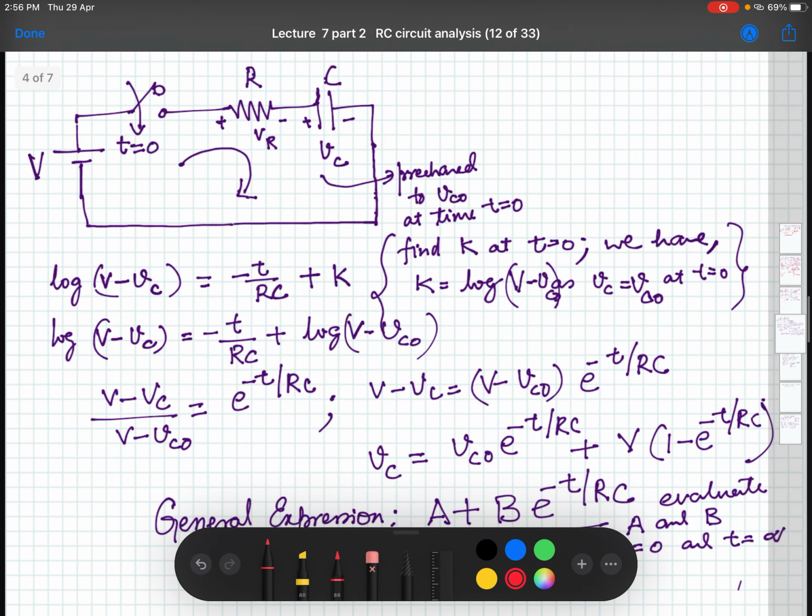Now, if you have a situation in which at time t equal to 0, the charge on the capacitor was not 0 but the capacitor was pre-charged. That means somehow we have put a charge, so a charge q was already there on it, and since q was already there on it, there must be a voltage Vc0 associated with it, which is equal to q by C, or q equal to C Vc0, where C is the capacitance. So that relation is always there. So let us see how to solve the circuit if you have the capacitor pre-charged.